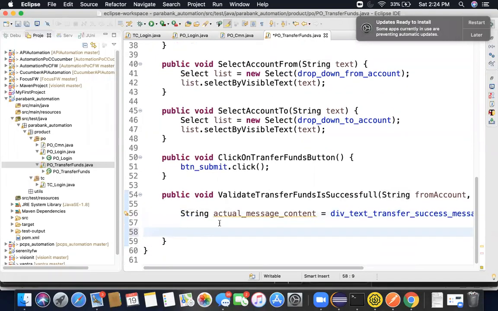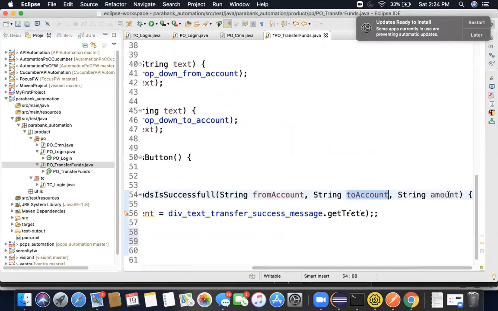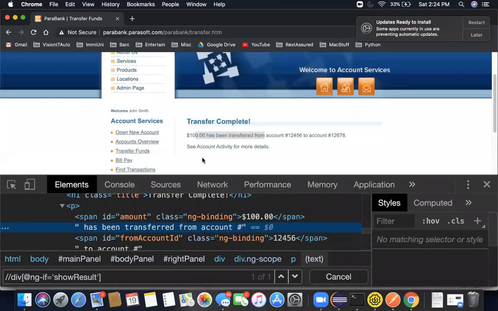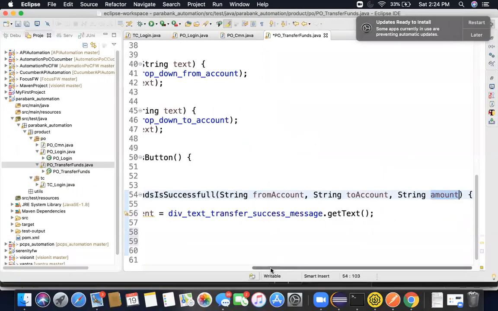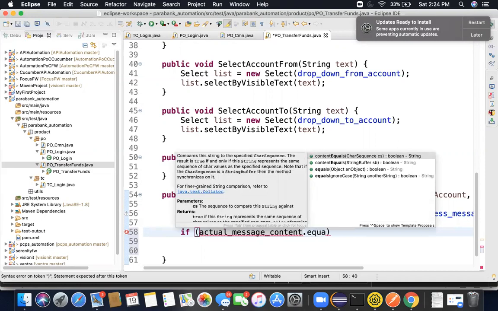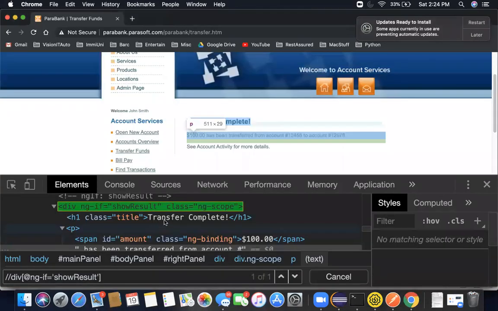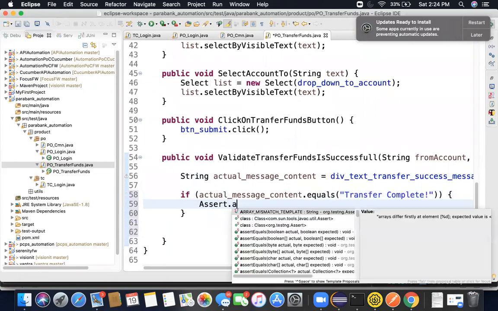How? Again, multiple ways to put it. I want to check whether the from account, to account, and amount are displayed there or not. Then I also need to check whether transfer complete message is coming or not. Right? How will I do this? I can write in a very simple example. I can simply write if conditions. Okay, so I'll write if actual message content dot equals, if this equals transfer complete, right? Then assert dot assert